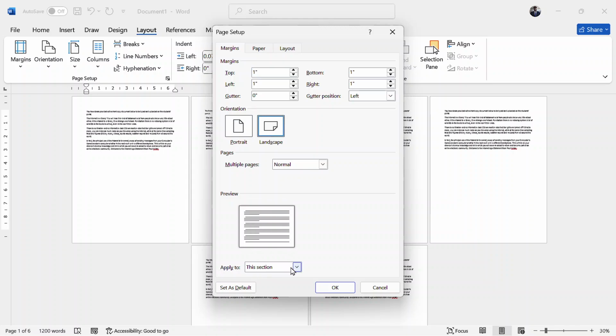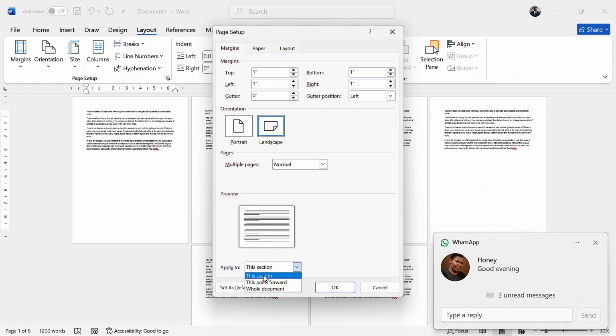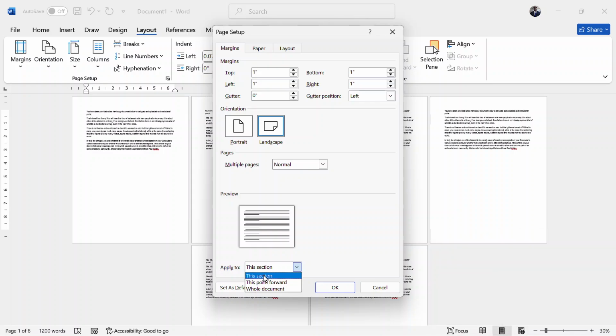Then when I go down here, the options are now becoming more. The other time it was Whole Document and This Point Forward, but there is another option that has come in called This Section. It means it has now noticed that the document has been broken down into sections.